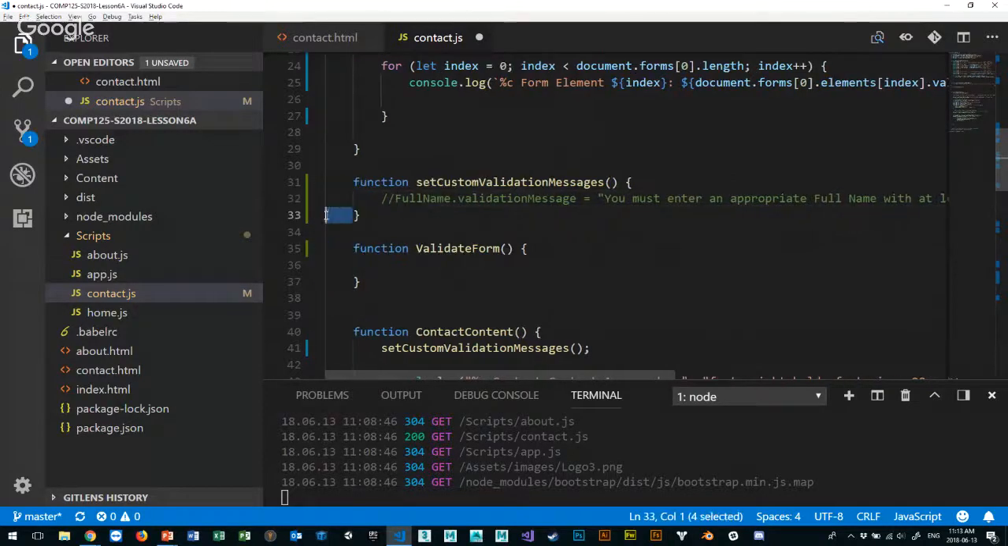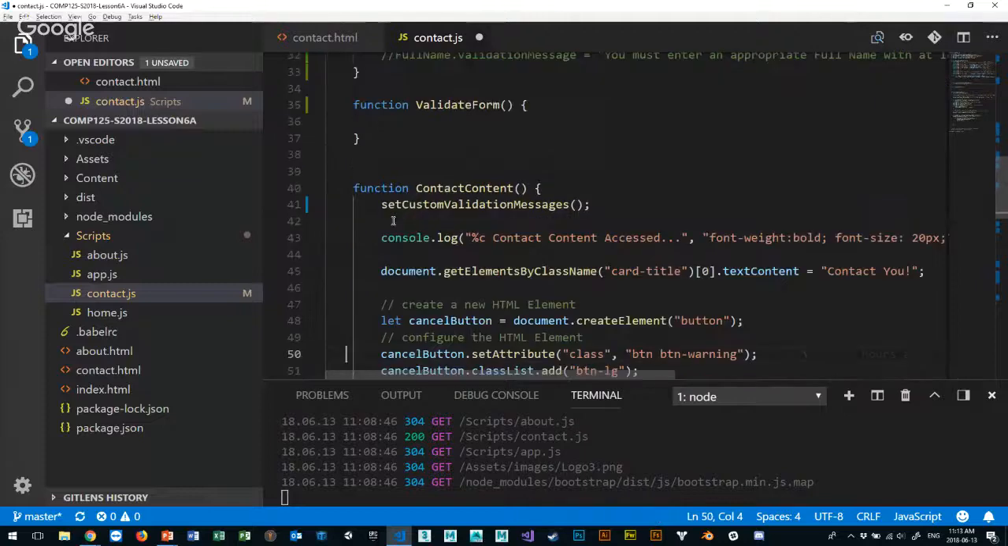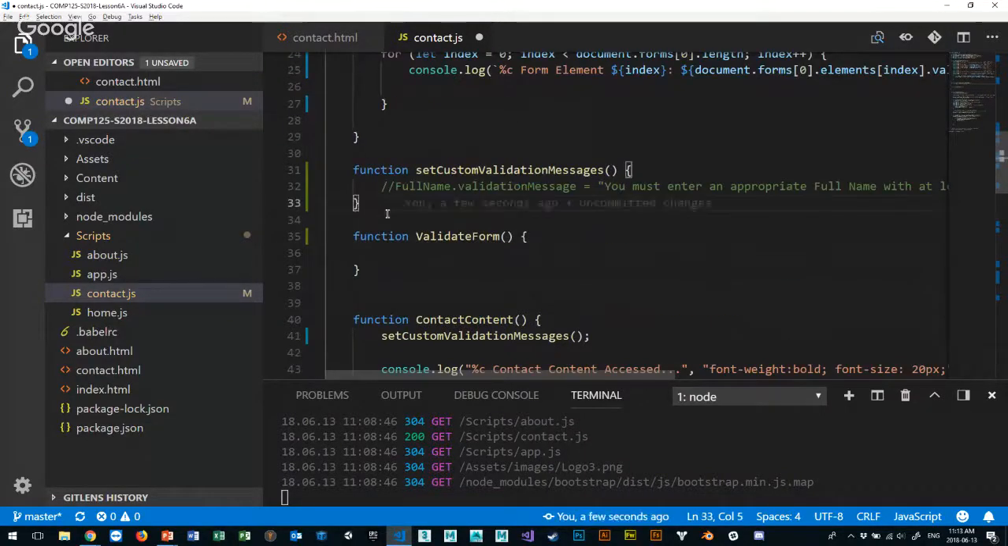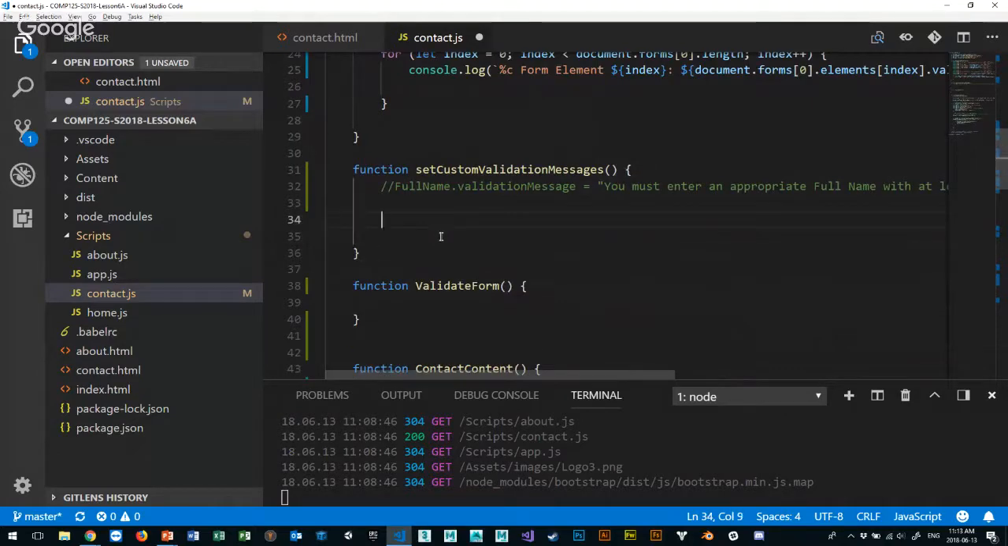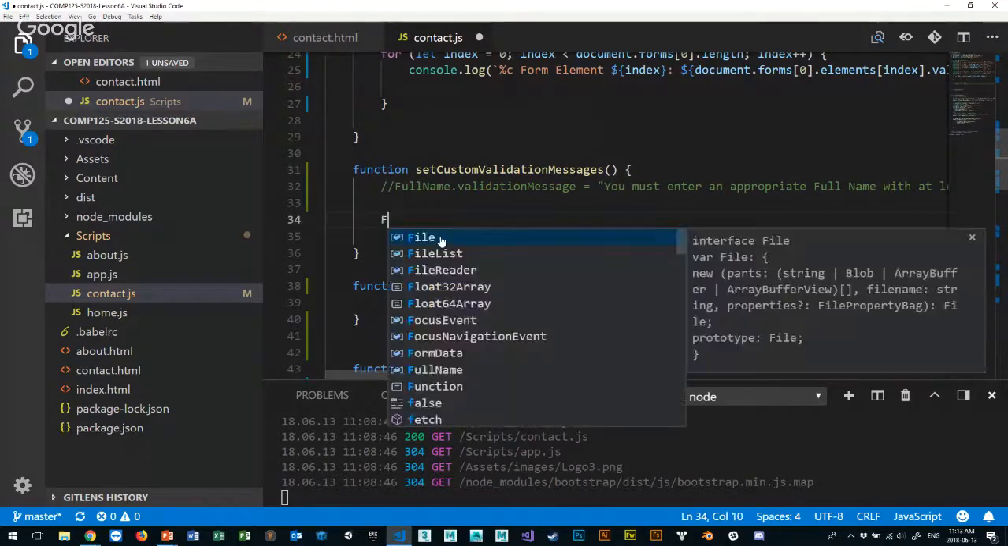And I'm doing it on load. This is not when the form loads. This is when the page loads. When the page loads, I'm setting the custom validity of the elements. So after the page loads, the elements exist, right? Otherwise, if I did it ahead of time, the elements wouldn't exist. So I'll say full name